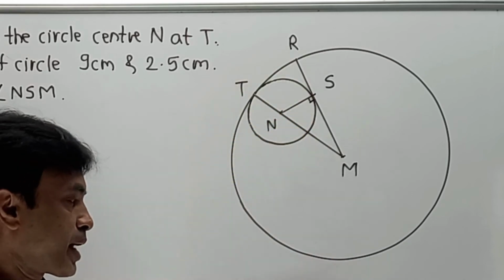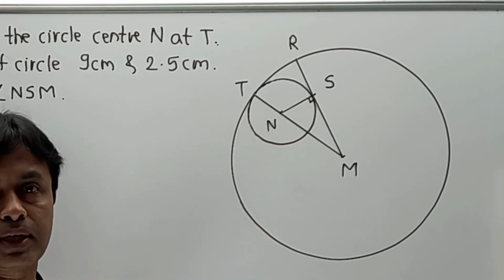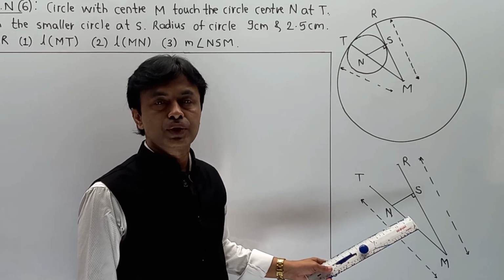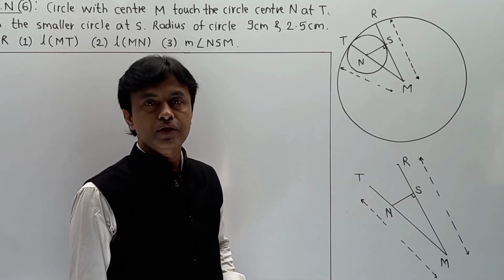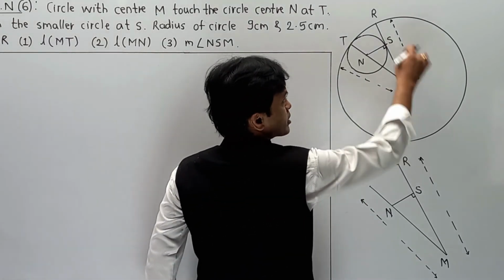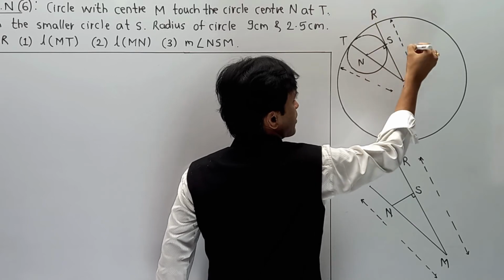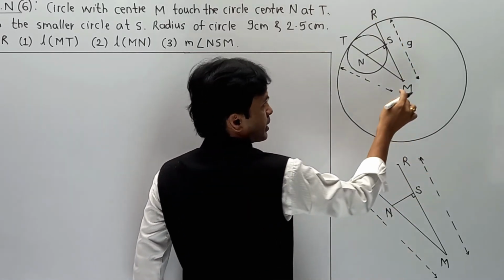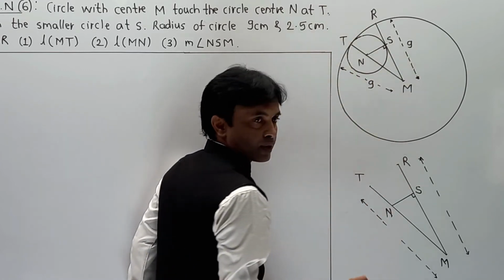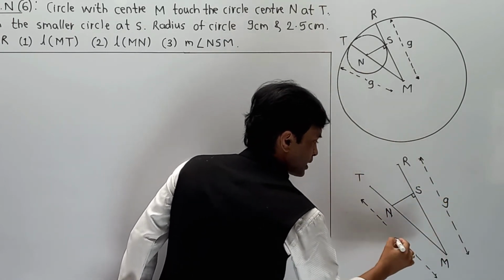No doubt I am going to draw the same diagram over here after some time, but whatever data is available with us, we are going to start with that. Now this diagram I have shown in a broken-up manner so that we can understand it. The radii of the two circles, as given, are 9 centimeter and 2.5 centimeter. Definitely the radius of the larger circle is 9 centimeter, means MR must be 9. In a similar manner, MT is also 9. So I am going to indicate over here MR that is 9, and MT that is 9.